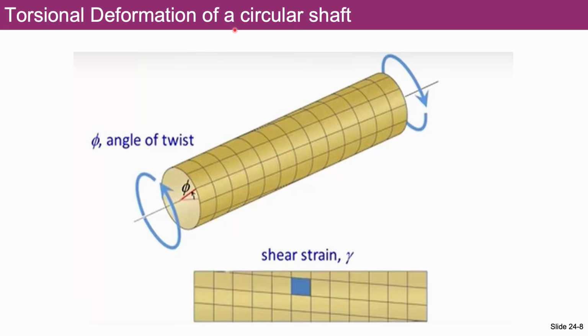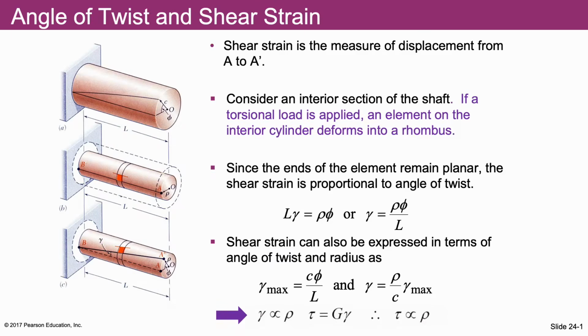Yes, I would like to repeat this because this is important. The red line that I drew earlier on the previous slide moved from its initial position to this current position, twisted by an angle of phi, and this is known as the angle of twist. Now let's continue with the analysis of shear strain. For example, here we will analyze the shear strain in a small element.